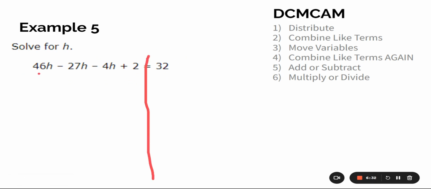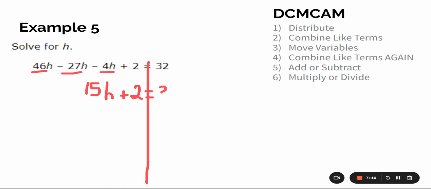All right, so 46 times h minus 27h minus 4h plus 2 equals 32. I can combine terms because I can combine this one, and this one. Oh, gosh. Let me erase all that junk. I can combine this one, and this one. Not that 2. All right, so my calculator, I'm going to do 46 minus 27 minus 4, and that's going to give me 15. So over here, I have 15 times h, or 15h, plus 2